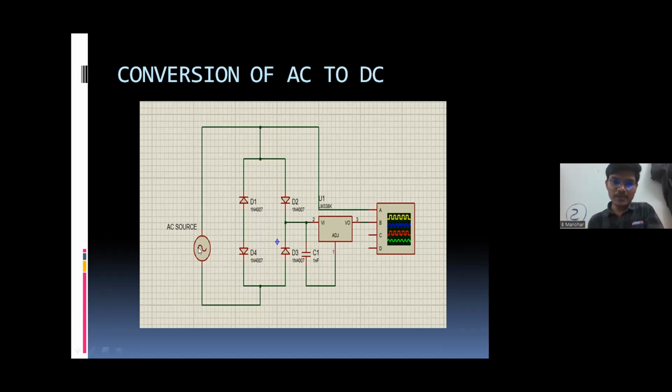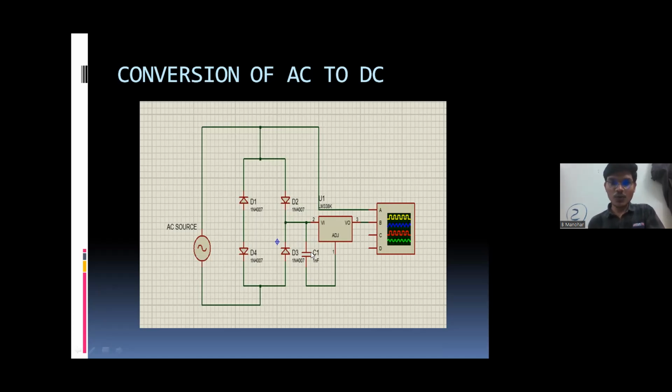When this input supply is given to this arrangement, during positive half cycles the current goes through D1 and D2 diodes, and as a result D2 becomes forward biased, therefore output is there. And during negative half cycles D4 becomes forward biased, as a result output is there even for negative cycles. And the overall output is given to the